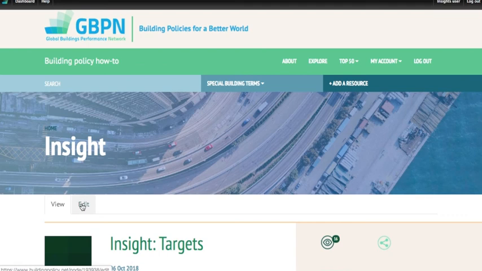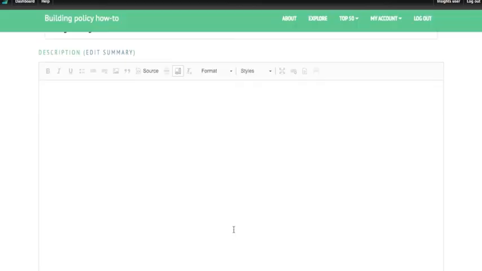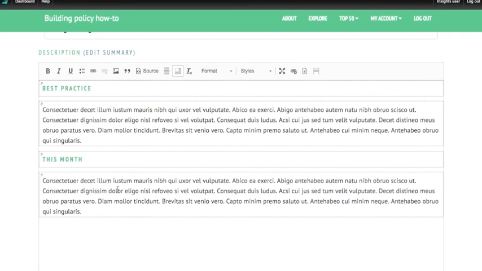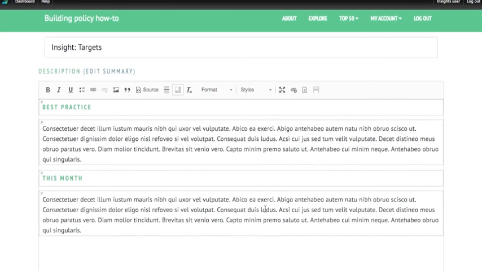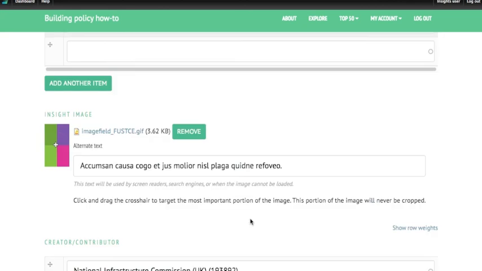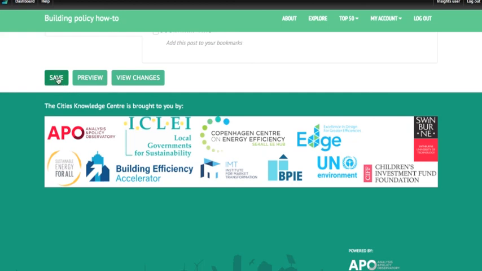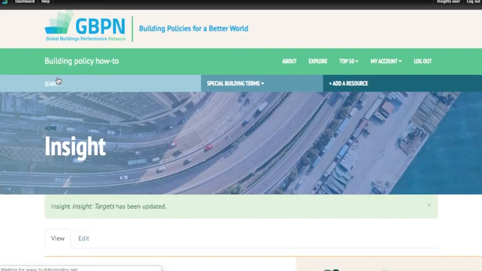And then it's the job of the Insights user to update it. The part they update is typically the part that describes the resources that are going to be made available next month. So the Insights writer will do a quick read of them and write about them as they are relevant, in this case, to targets. Once the insights have been freshened in each of the policy areas,